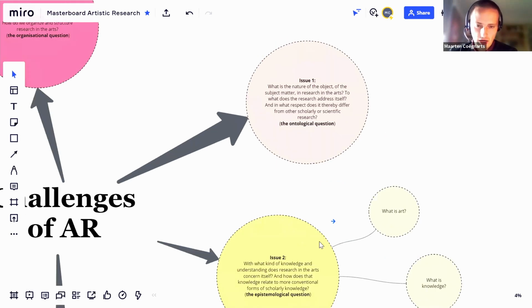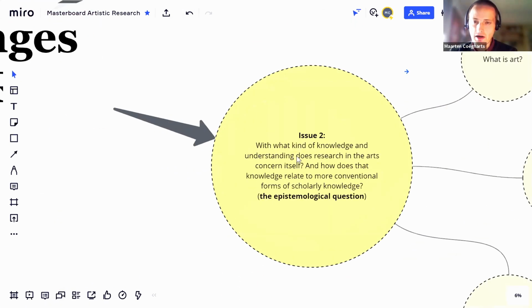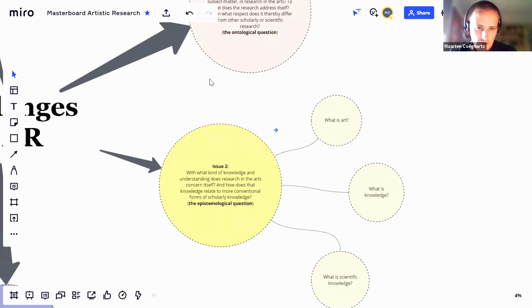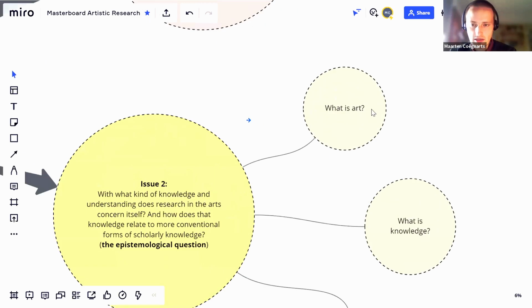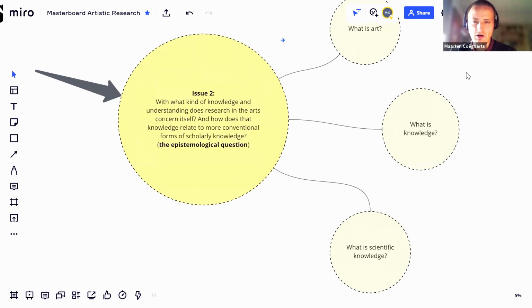Another challenge is more of an epistemological nature. With what kind of knowledge and understanding does research in the arts concern itself, and how does that knowledge relate to more conventional forms of scholarly knowledge? We could distinguish some sub-questions within this issue, like what is art, what is knowledge, what is scientific knowledge. So it's a very complicated debate, but really a crucial one if we want to address the challenges of artistic